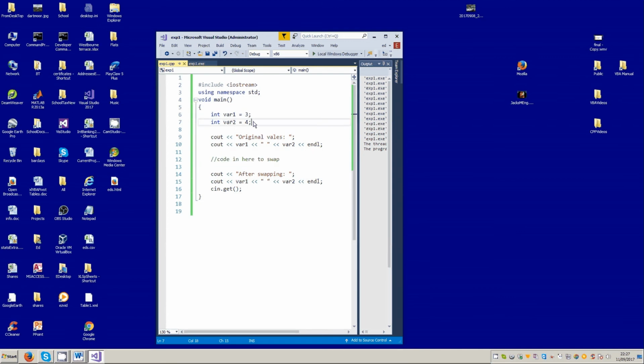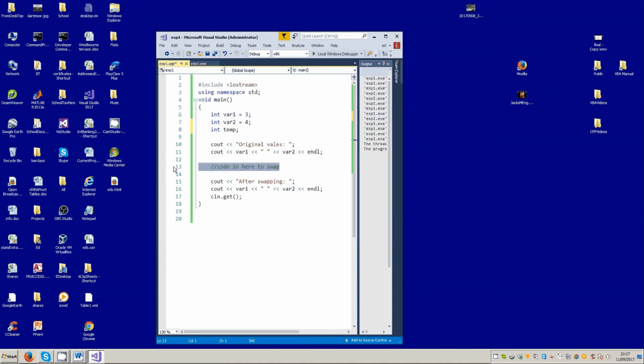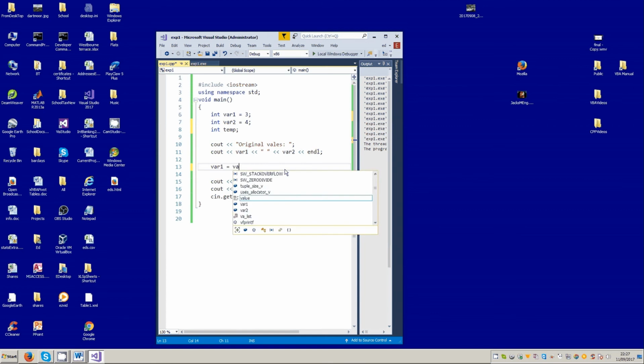Now you might remember I gave you a little hint on what to do. We need to have a temporary variable here. We'll see why in a moment. Now I'll get rid of this, and then what I want to do is to do the obvious. So I'll say that var1 is equal to var2. Now, that looks pretty good, but